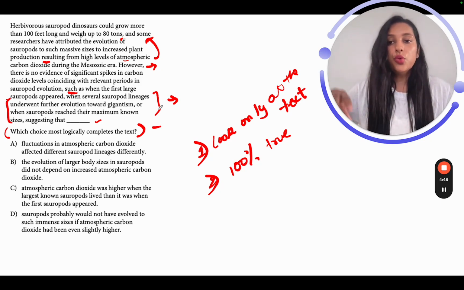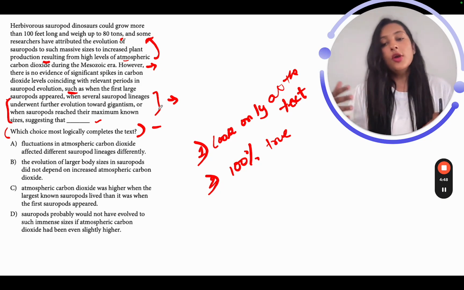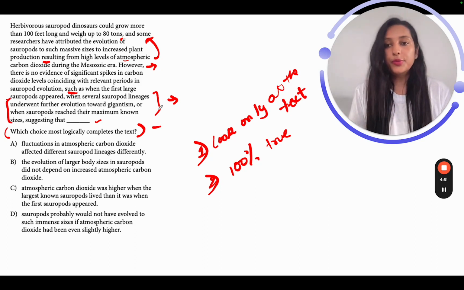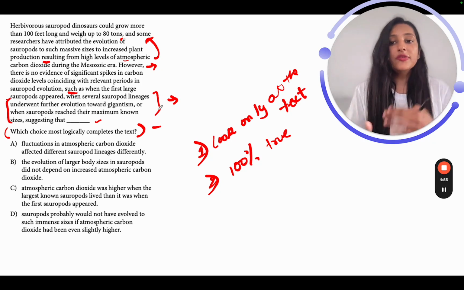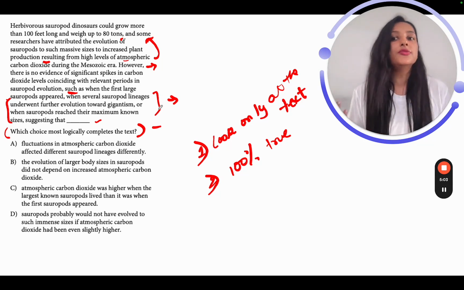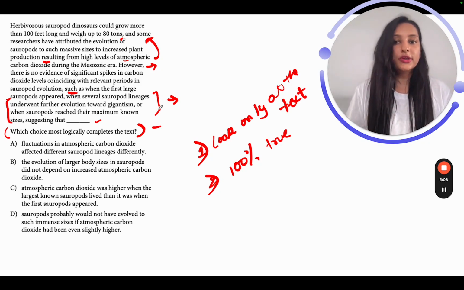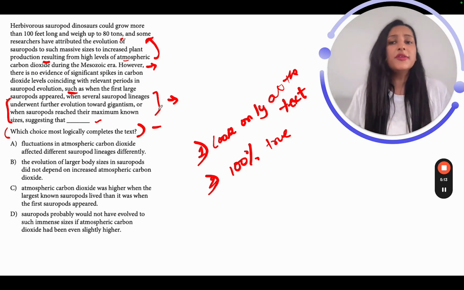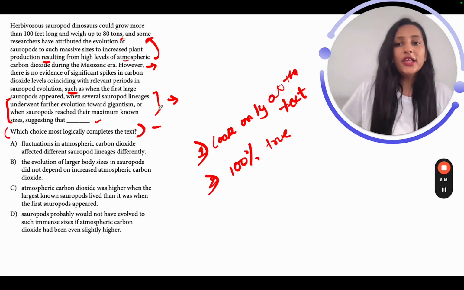Now you can do one thing, you can really think of possible reasons that could have happened. Probably, one thing that can come to your mind is that if the levels were not so high for carbon dioxide, then there was something else playing a major role in their evolution, right? There was something else involved because of which they became so massive. Correct? As you read it, if the carbon dioxide levels were not so high, then there was something else. But